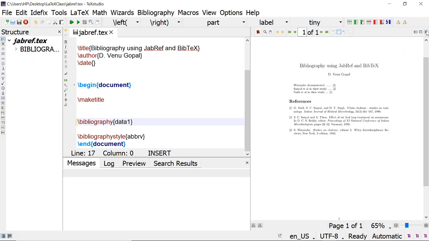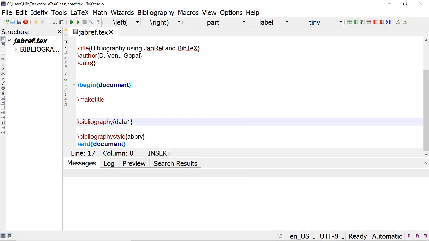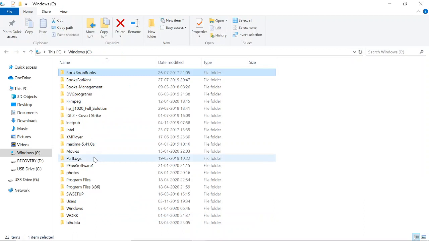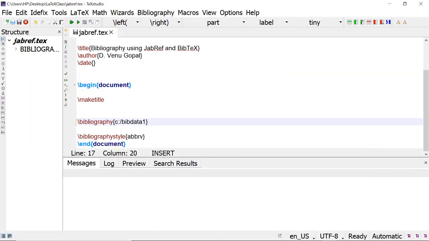To include this bibliography, I have not given the path. We have to tell the path also. See, okay, forward slash. What is the folder we have kept? We kept in C. In C, I kept bib data. Okay,